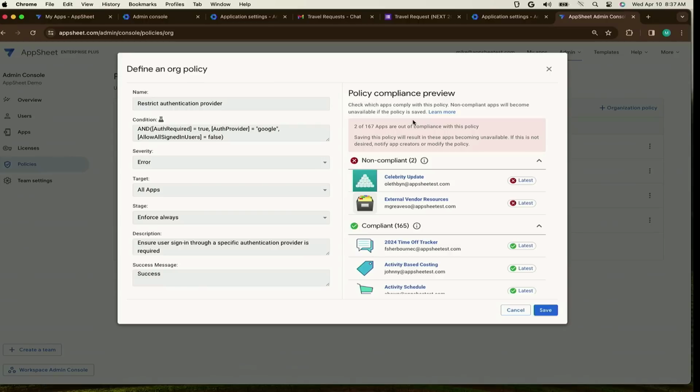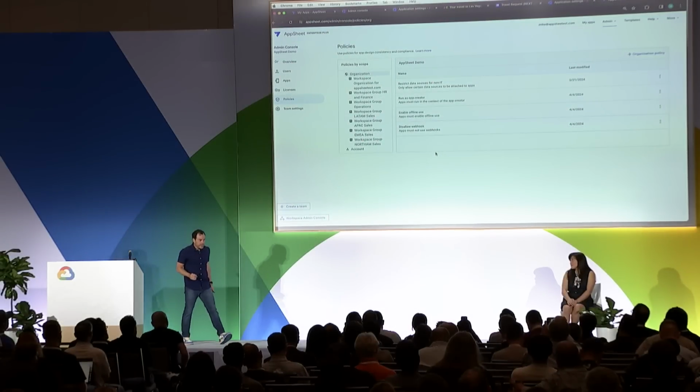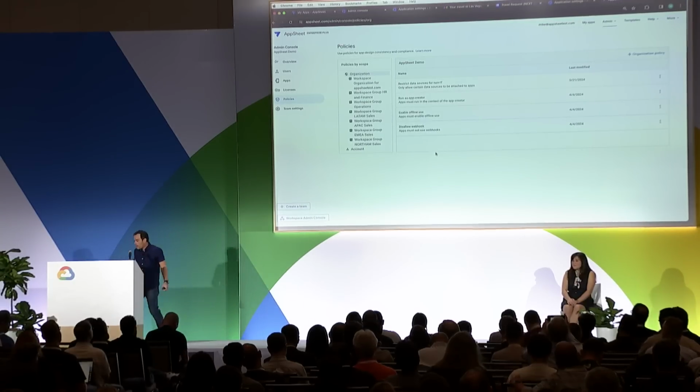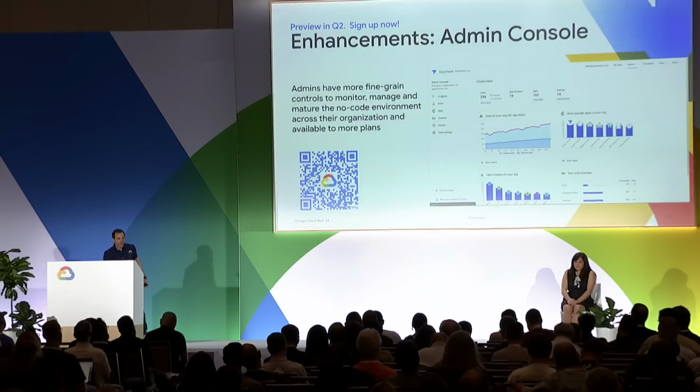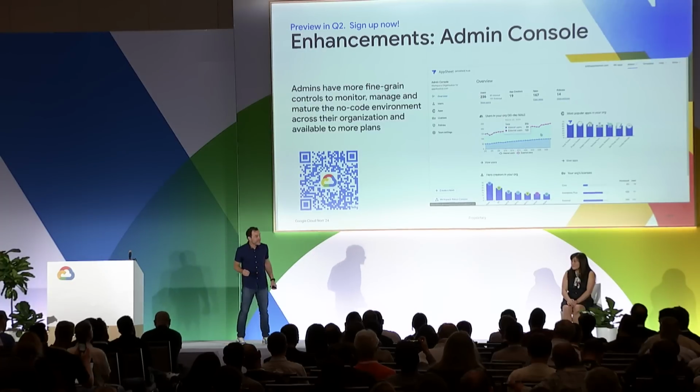So this is an important part of our ability to preview policies and enforce them directly from our new admin console. Coming to preview later this quarter, and we are thrilled to have been making investments here in the space that empower the AppSheet administrator. So that concludes this demo portion, the second demo here. Thank you to the teams for both of these demos and all of their hard work that they've been spending behind the scenes landing this here for us today.